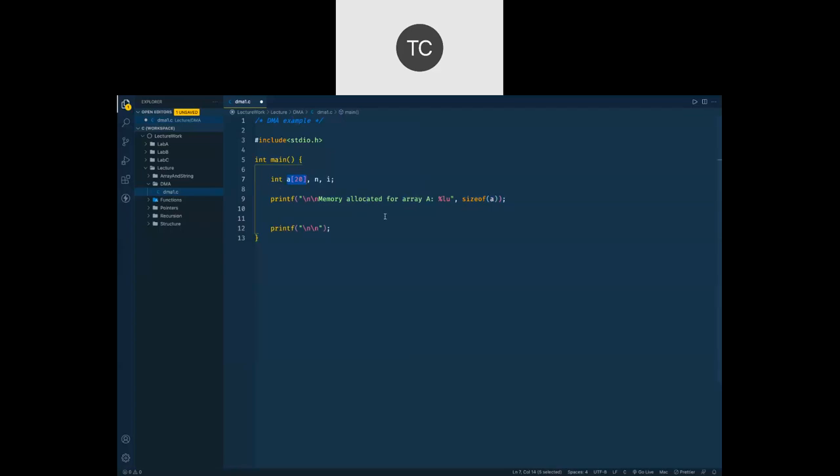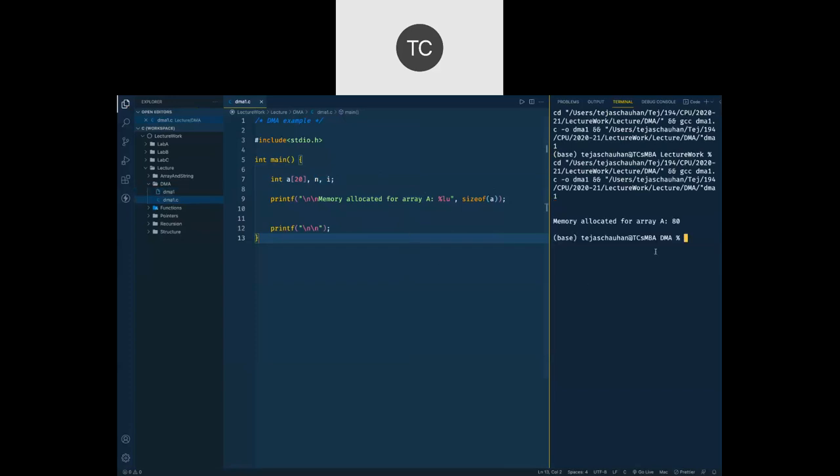When I declare this variable, how many bytes have been allocated to me, regardless of asking the user to give us any numbers. So if I run this code right now, it is going to give me what amount of memory has been allocated to me, because this was the static memory allocation.